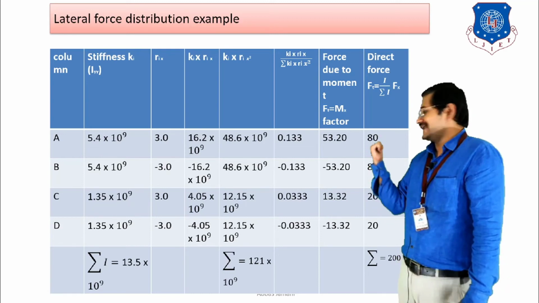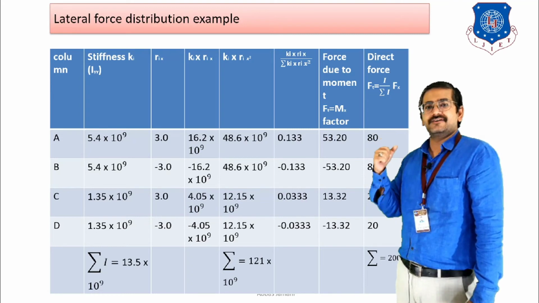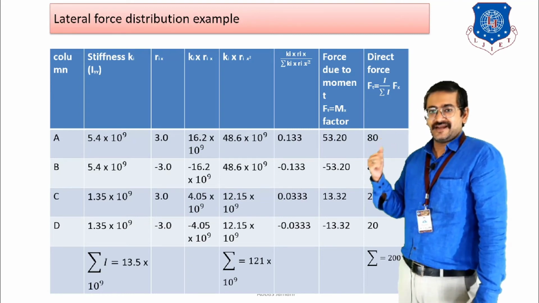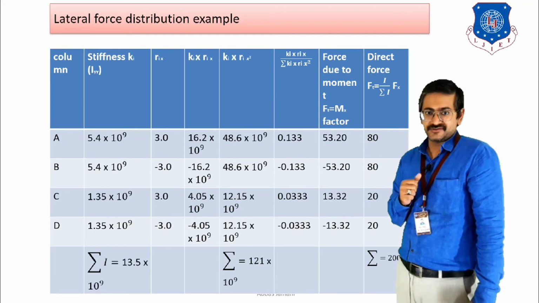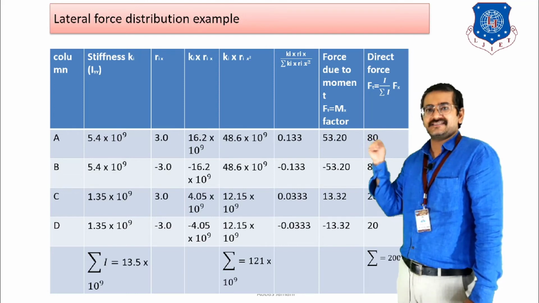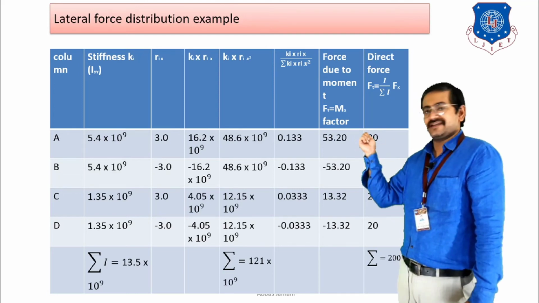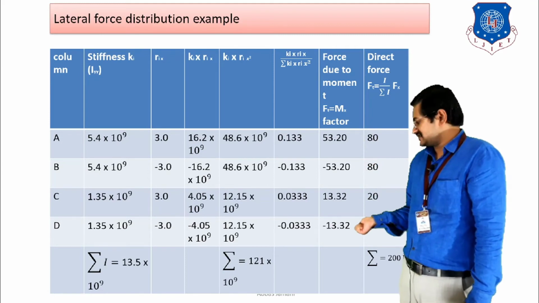Then in the next column we have to do the calculation of Ki Rix divided by (Ki Rix) whole square, right? So that is also shown over here. That calculation can be done because we have both the values. And once that is done, then Ki Rix divided by sigma (Ki Rix) square, right? So Ki Rix square, the values you have obtained for individual columns, then you have to do the summation at the bottom as shown over here.